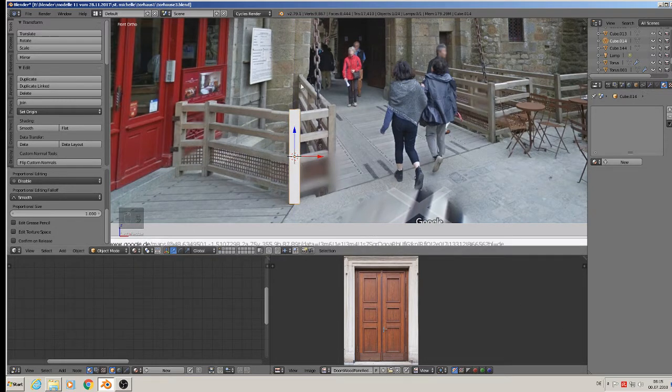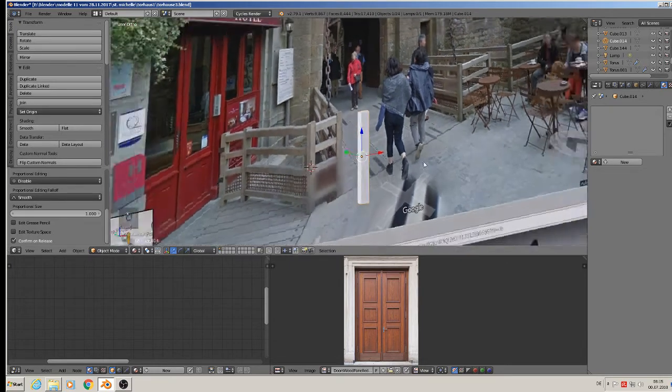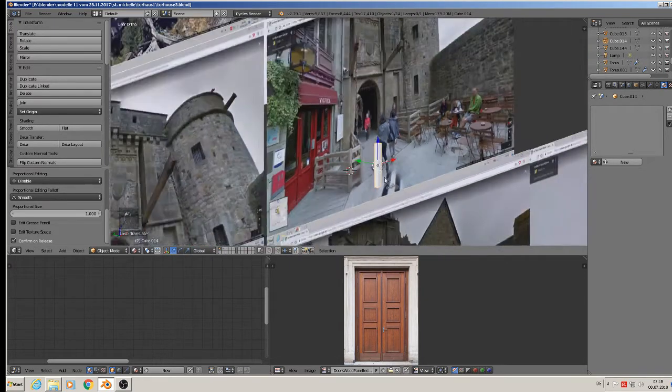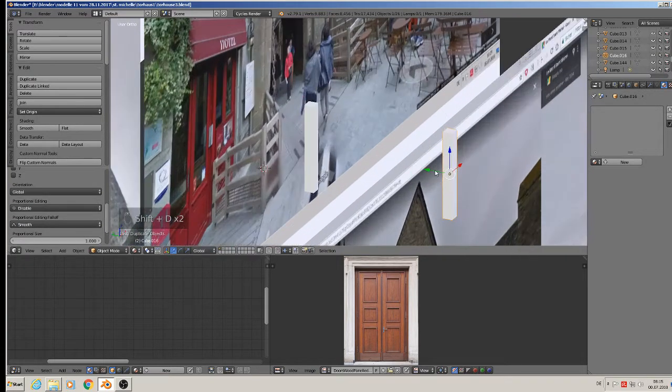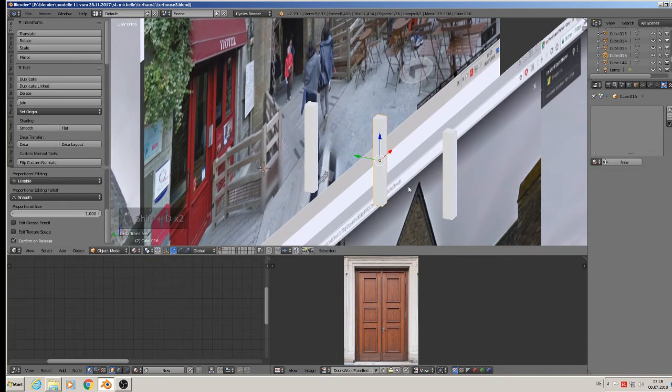So it starts from there, and then it has only one there. So we start, Shift D and bring one there, then Shift D, rotate X 90 degrees,